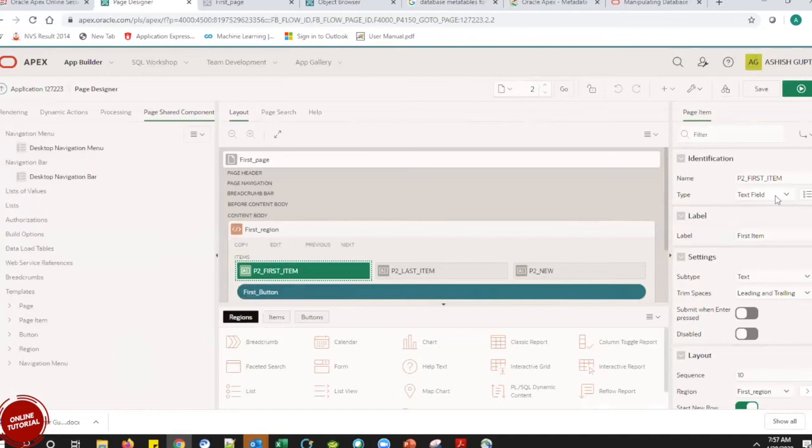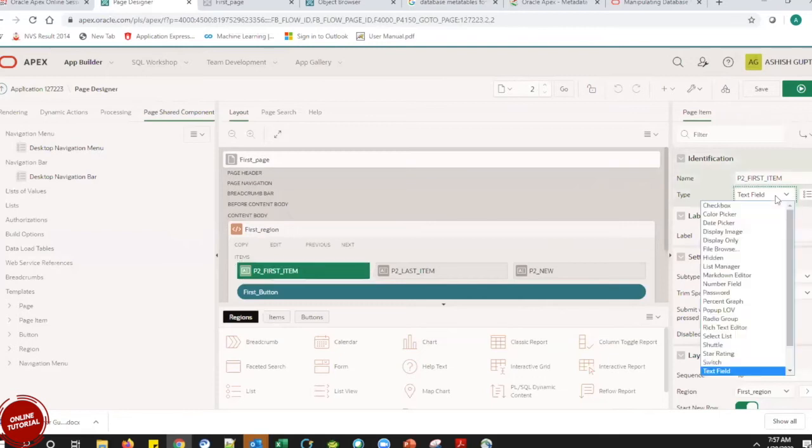By default it takes the changes from the last successful state. Previously it was in a text field state, that is why it came back to the text field. Now I am going to select the select list over here.